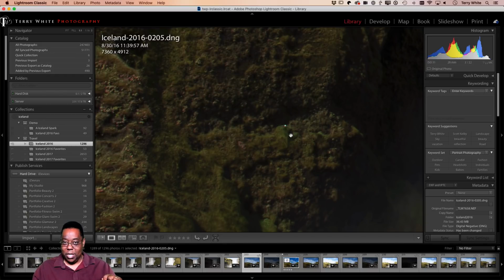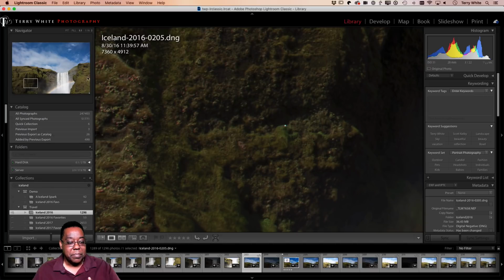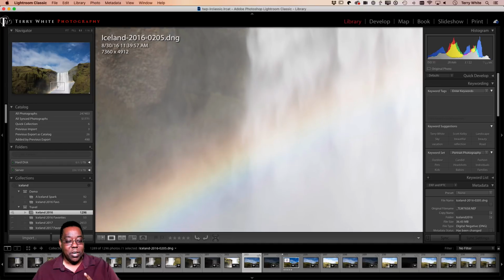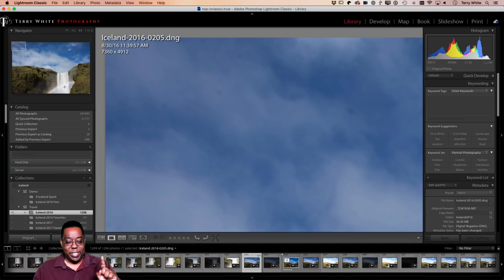So on a laptop, on a Mac, you can do function left arrow, and that is the equivalent of a home button. But in either case, if you have a home button or a laptop equivalent, then just simply hit the home button and watch what happens in the photo. And here, we'll bring up the navigator so you can see it. I'm zoomed in right here, let's say on the rainbow. If I hit home, watch what the navigator does. It jumps all the way up to the corner. See, it scrolled all the way to the corner of the photo.